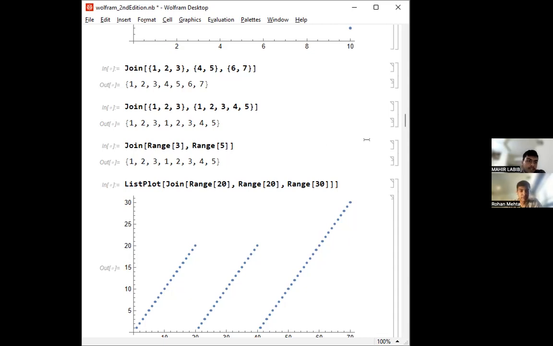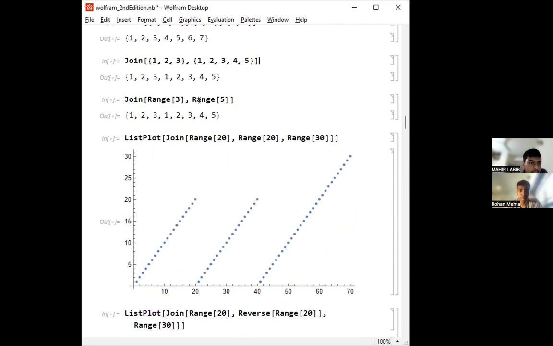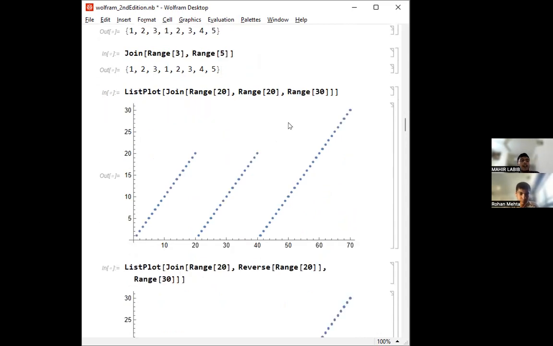Yeah. And this also does the same actually. In the join, I have joined range 1 to 3 from 1 at a time, and then range 1 to 5. So it just prints 1 to 3 and this 1 to 3 for 5. And now I have list plot. So what it does is list the